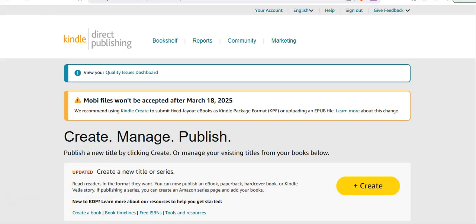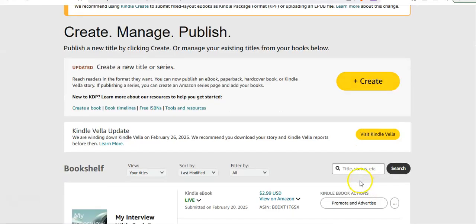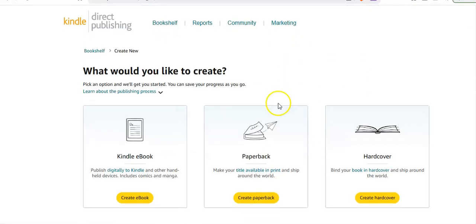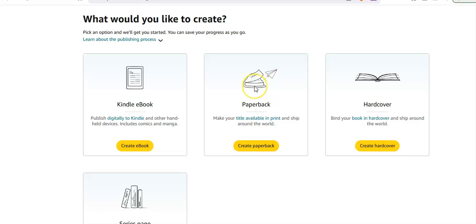And now we're going to take the book we've been working on, The Shortness of Life by Seneca, and we're going to show you the process of creating that in KDP Amazon, as you can see in the screen here. So you can see here we got this, and so we want to create. Click Create. What do we want to create? We want to create a paperback.